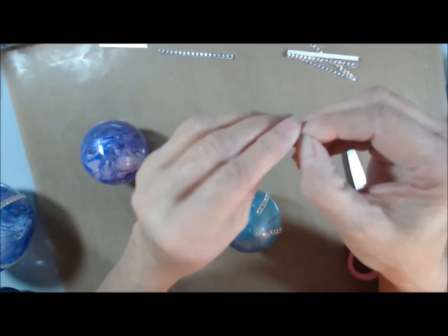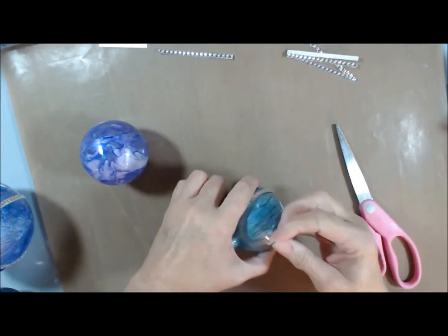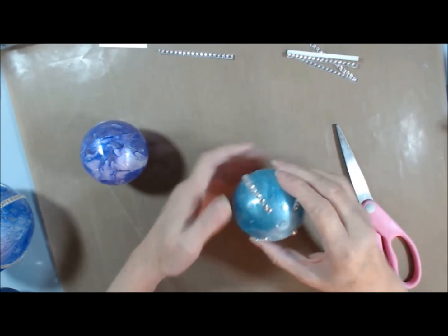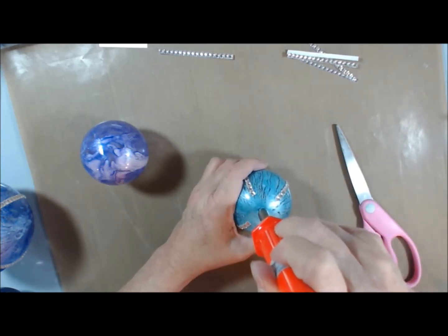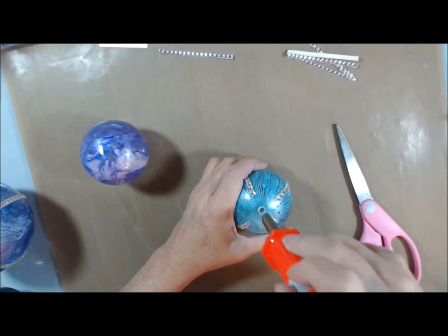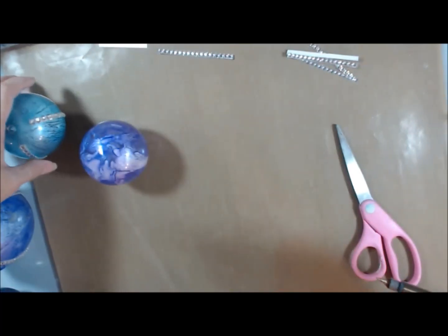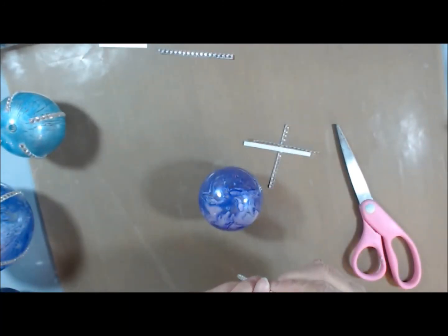Come on, backing. And I'm going to burn a hole in there. There we go. Now for the last one. I think these are going to be really pretty next to my